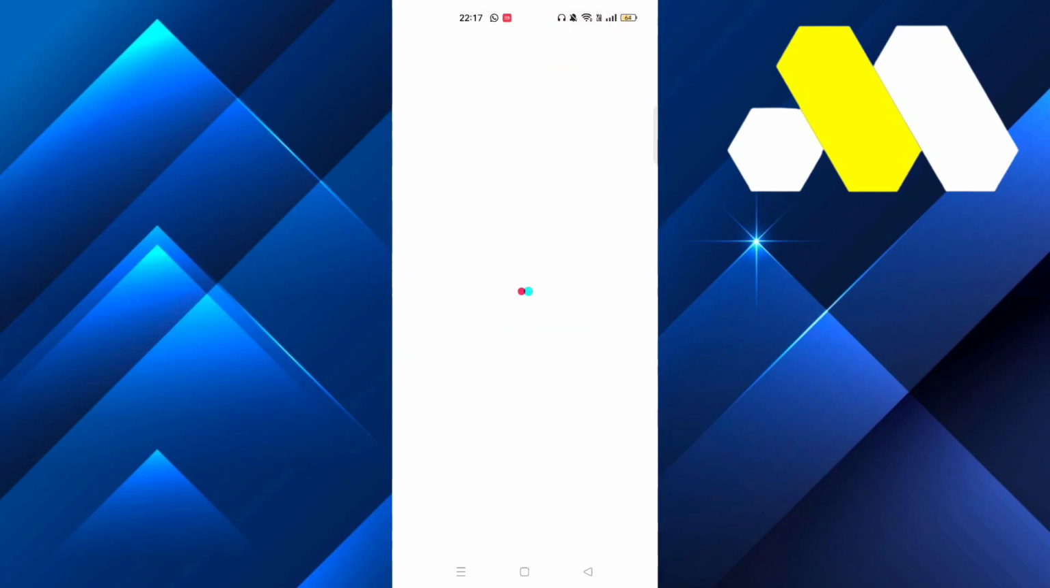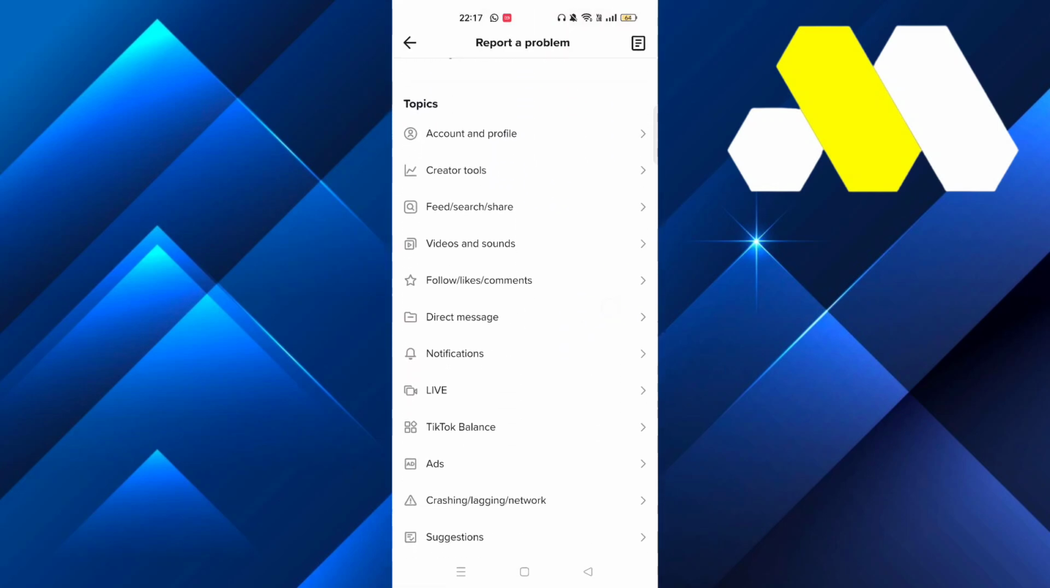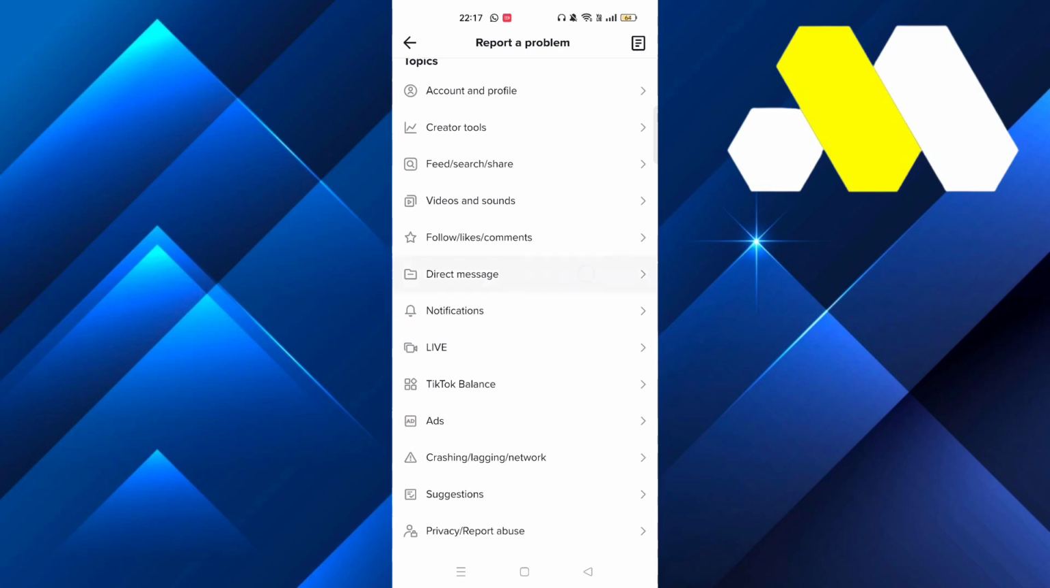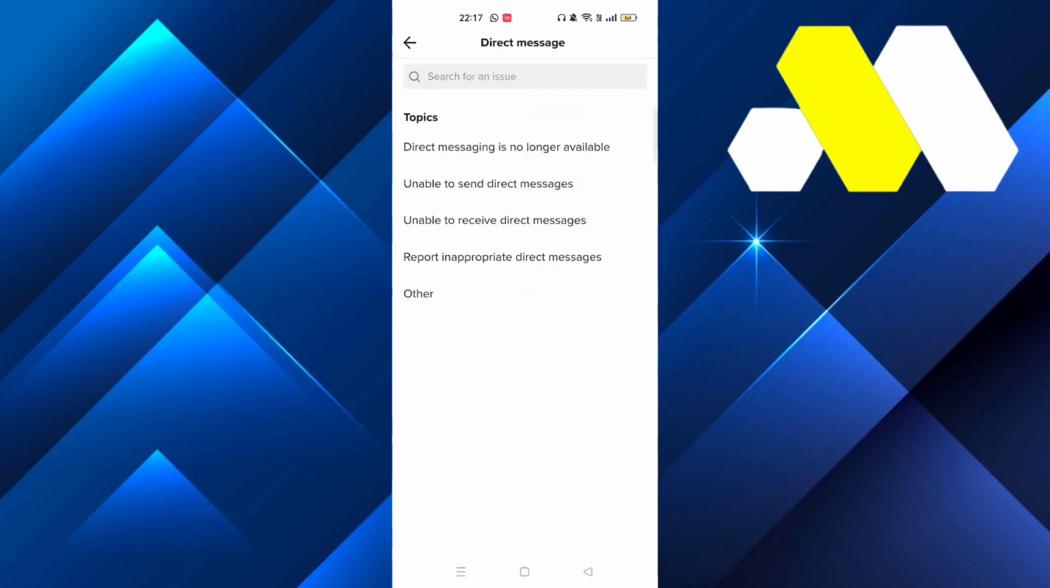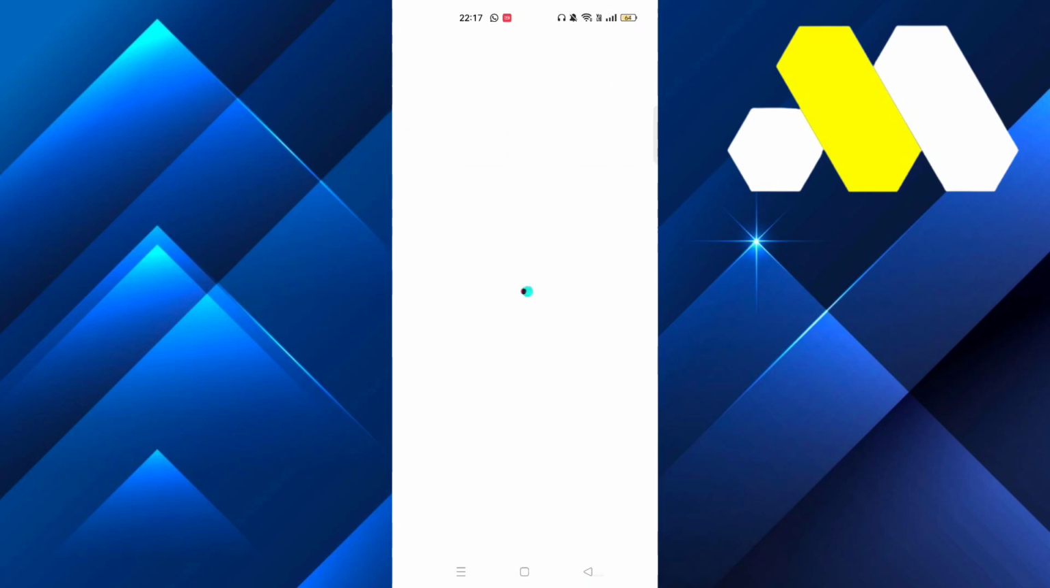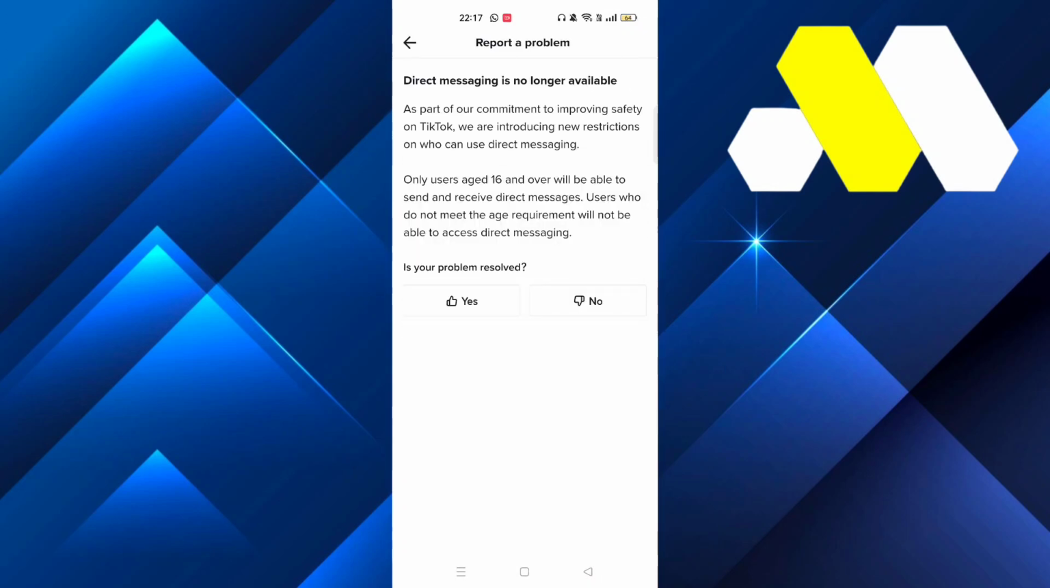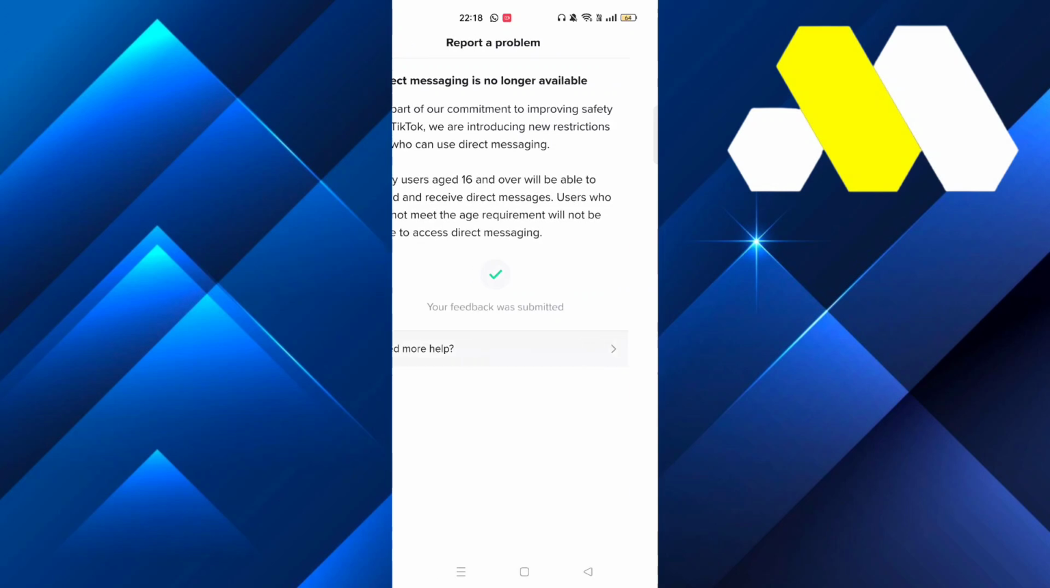So click on that. After that, you have to scroll a bit down until you see direct messages. So click on that. And then say direct messages is not available. And there it's gonna say all of this and say no. So you say need more help,